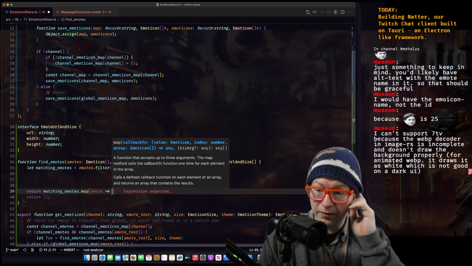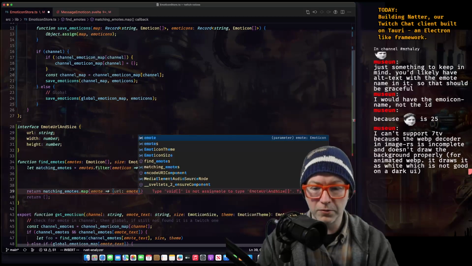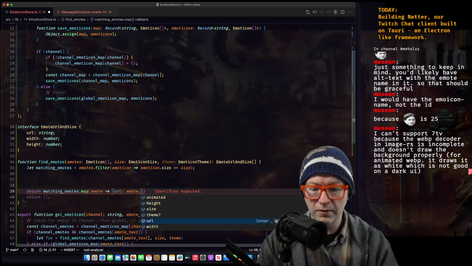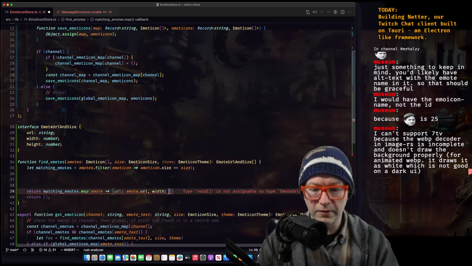And this will be an object where the URL is going to be emote.url. Width is emote.width.